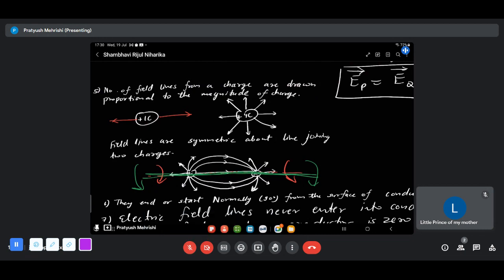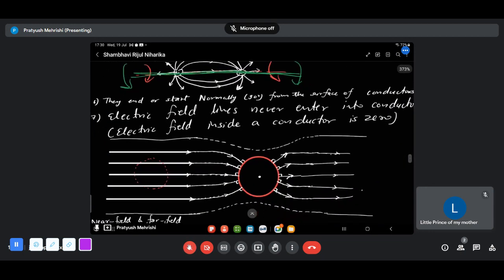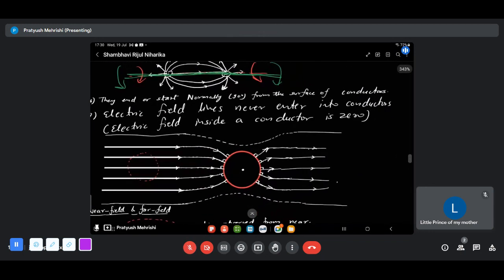Next point now. Point number 7. Electric field lines will never enter inside a conductor. Electric field inside a conductor is always zero. Sir, why, sir? Electric field inside a conductor is zero. Why? We know that